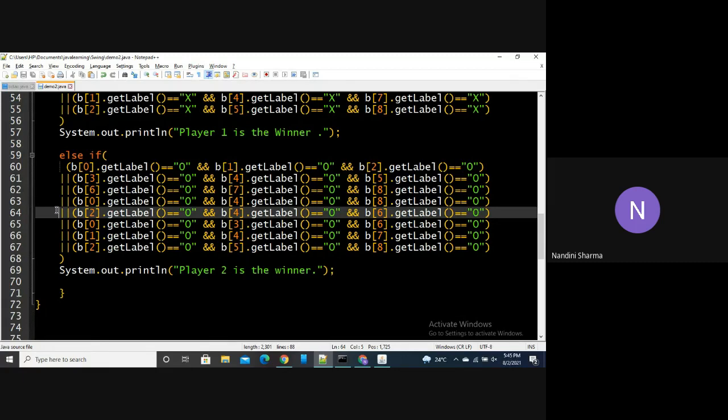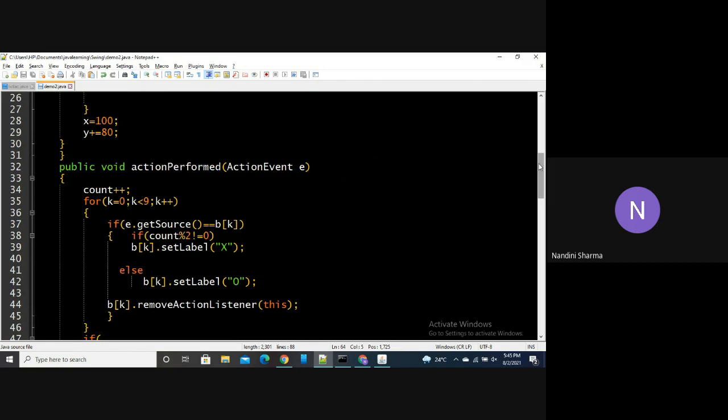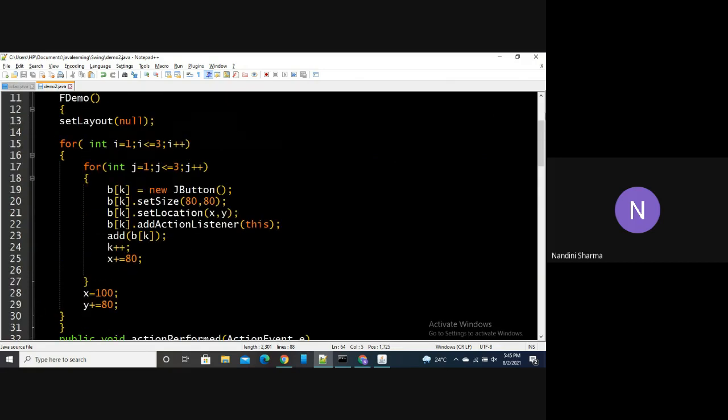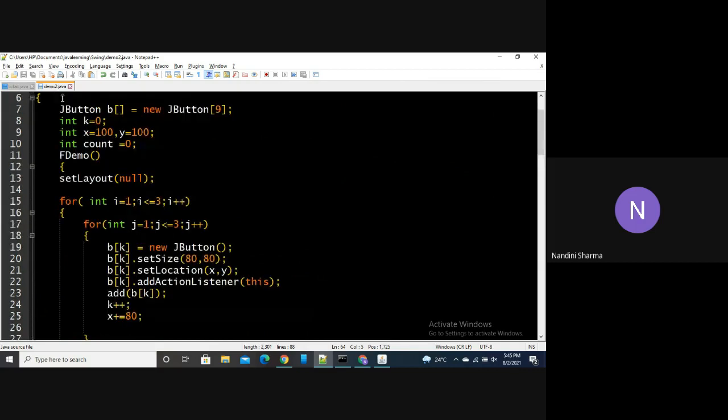Okay. So your task for today will be to create this entire tic-tac-toe game, and you will have to try to print the result on the screen. You can use a text field. For that, you will have to create a text field and add it.